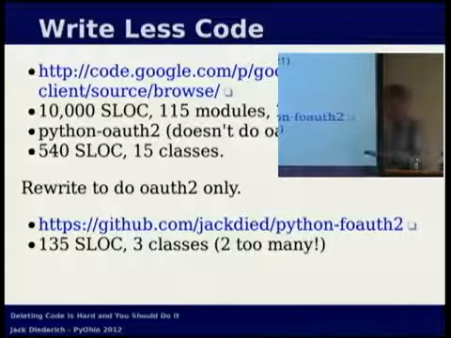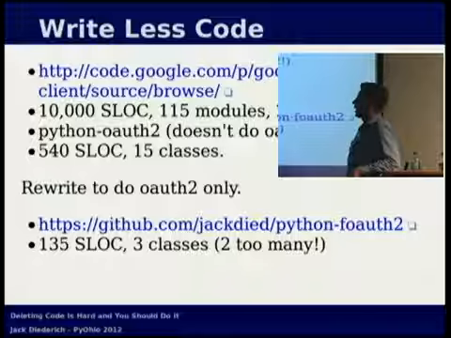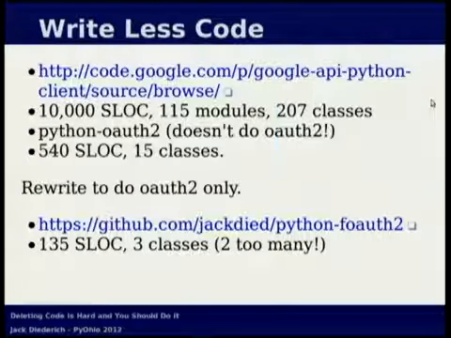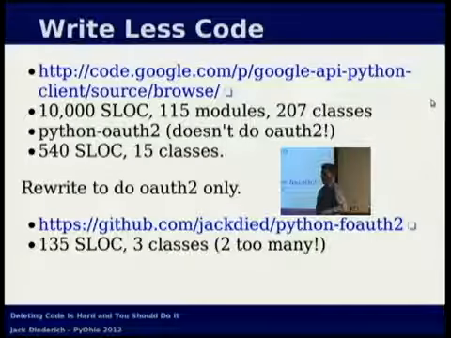So here's another example of kind of the opposite, actually, of deleting code. OAuth 2, I don't know how many of you have had to use it, but it's kind of a shambles. Google has an URL shortener, and all I wanted to do was use Google to make long URLs short. They export a Python project that lets you do that. It's 10,000 lines of Python to do OAuth and make an HTTP request.